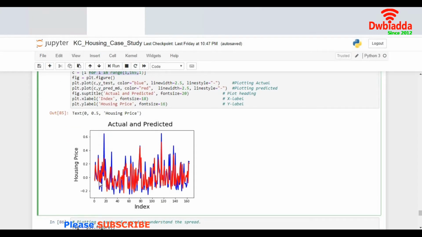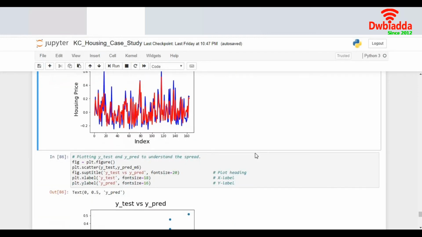I see that the overlap between the actual dataset and the predicted dataset is pretty good. It overlaps to quite an extent. I see a spike at one place where the blue line, which is the actual dataset, increases, and the red line doesn't go high. Other than that, the overlap between the red and the blue is pretty good. So I can conclude this model is doing pretty decent based on the overlap between the actual and the predicted values. Let's go to the second step.